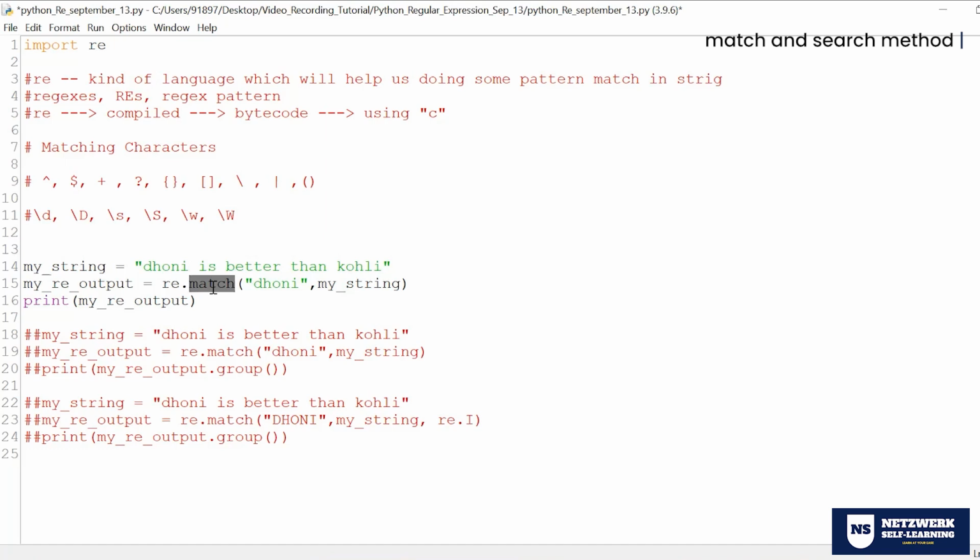What match checks is whether the word that I give inside it is the first word of your given input. In this example, inside match I gave Dhoni, so it checks whether Dhoni is the first word of my string. To the naked eye, yes, Dhoni is the first word, but that can be confirmed by the regular expression. So when I run,